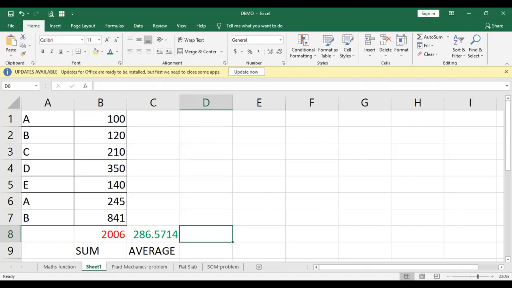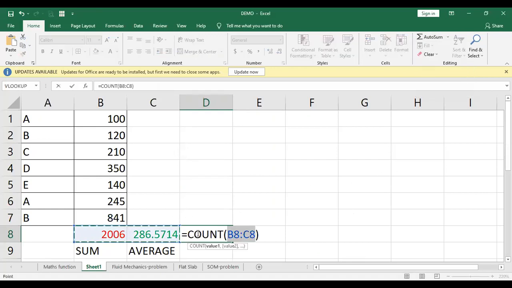Just like here, you can go to auto sum and click on count numbers. By default it has selected this one, but we want to count this part, so we will select here.